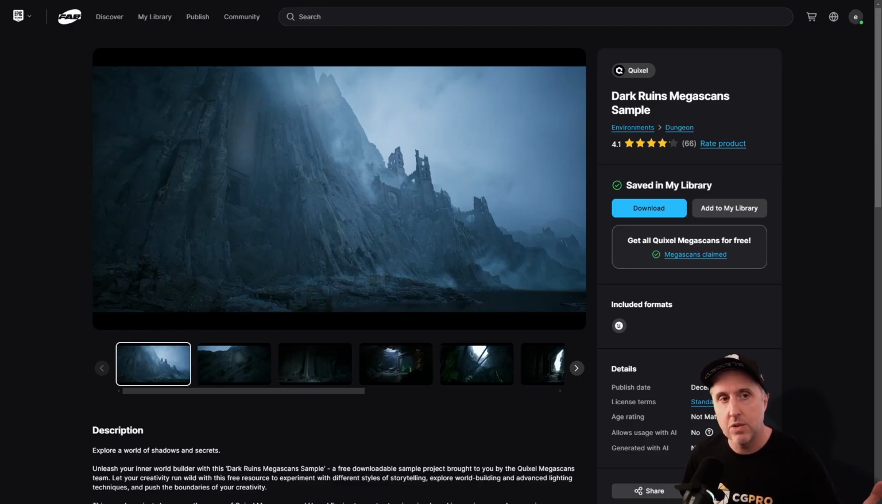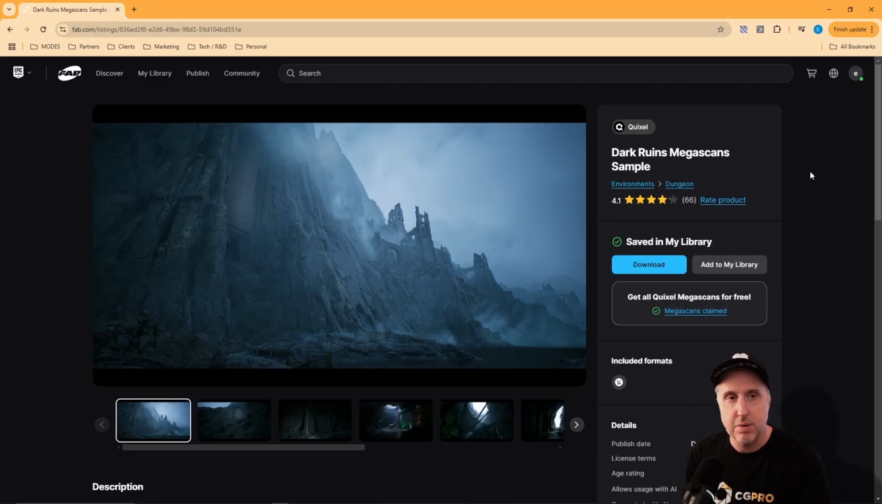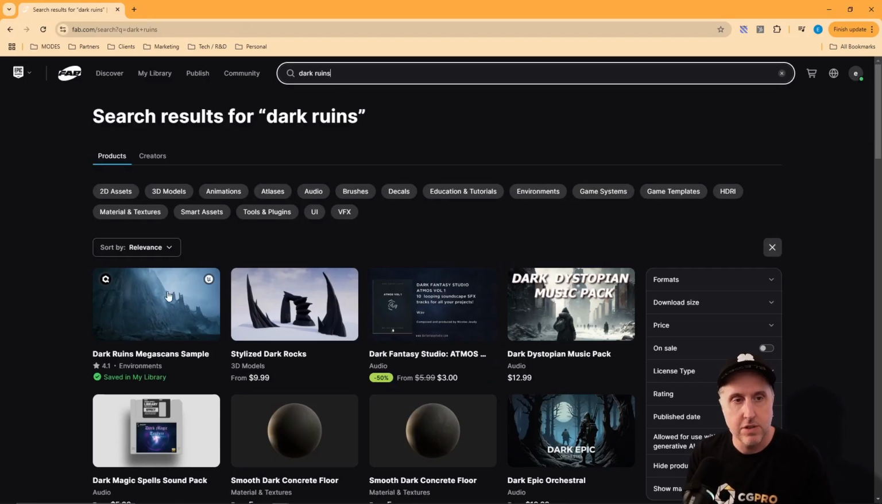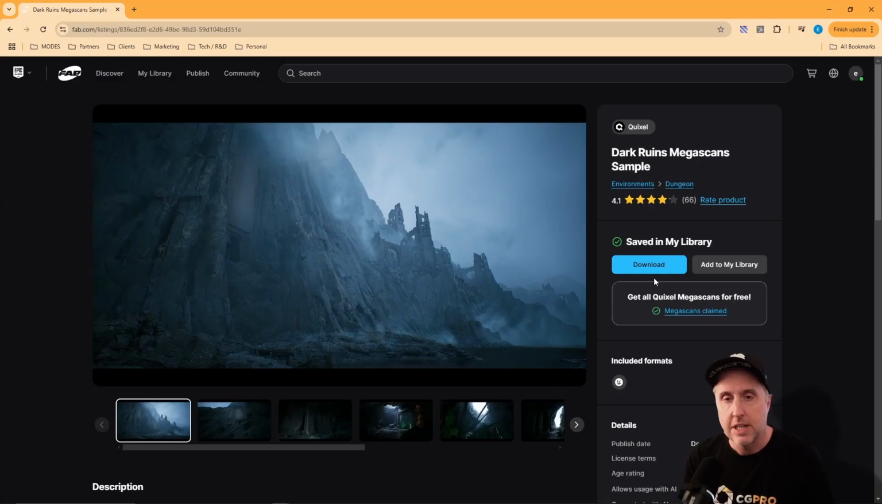So go to fab.com, type in Dark Ruins, and you will find this project right here. So you type in Dark Ruins into the search, it should pop up. Now you want to download this. You'll probably have to sign in using your account, use your Epic account, download it, and then what you're going to want to do is go to the Epic launcher